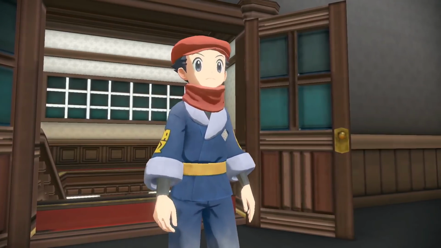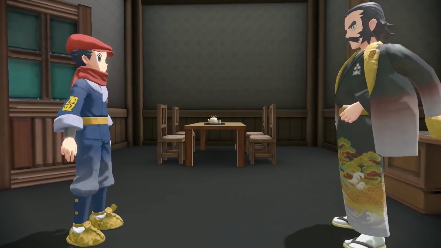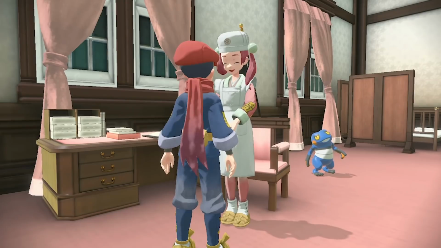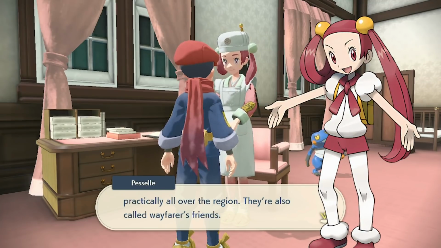So within the headquarters of the Galaxy team are the various corps that make up this organization, and one of those corps is the Medical Corps. If you go into the room of the Medical Corps within the headquarters, you will meet a woman known as Pacelle, and if she looks familiar, that is because she is the ancestor to Mira from the modern Diamond and